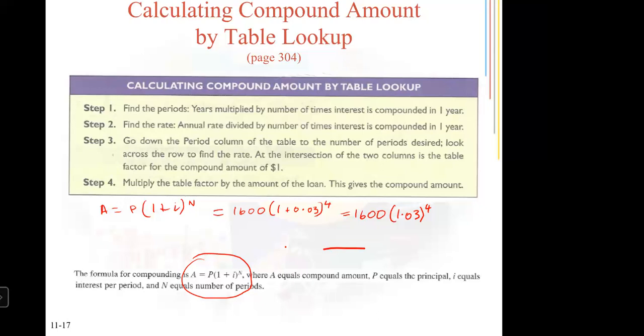Anybody did that? When you multiply 1.125, that's the same as the 1.55 interest rate from the calculator machine. On paper, so it's going to be 1,600 times